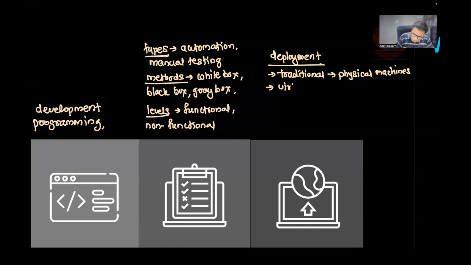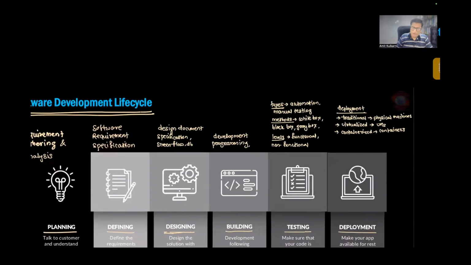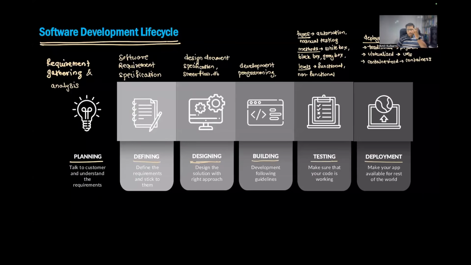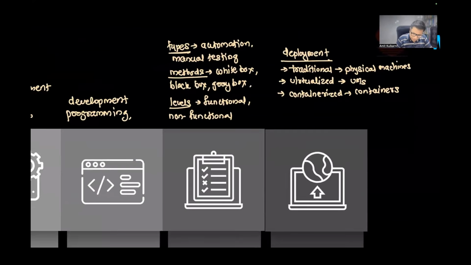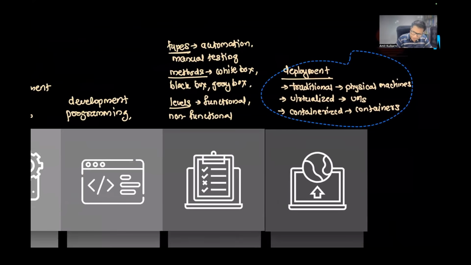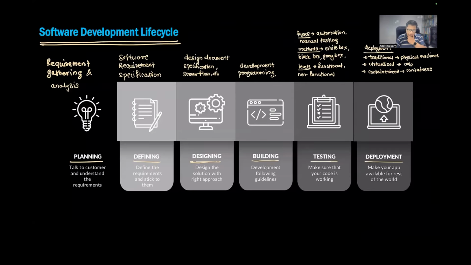If you want to deploy the application, either we go for virtualized deployment using virtual machines, or we go for containerized deployment, where containers are used to deploy your application. Containerization, or containerized deployment, by using something called containers. So VMs or containers, these are the options for us when it comes to deploying the application in the real world today.